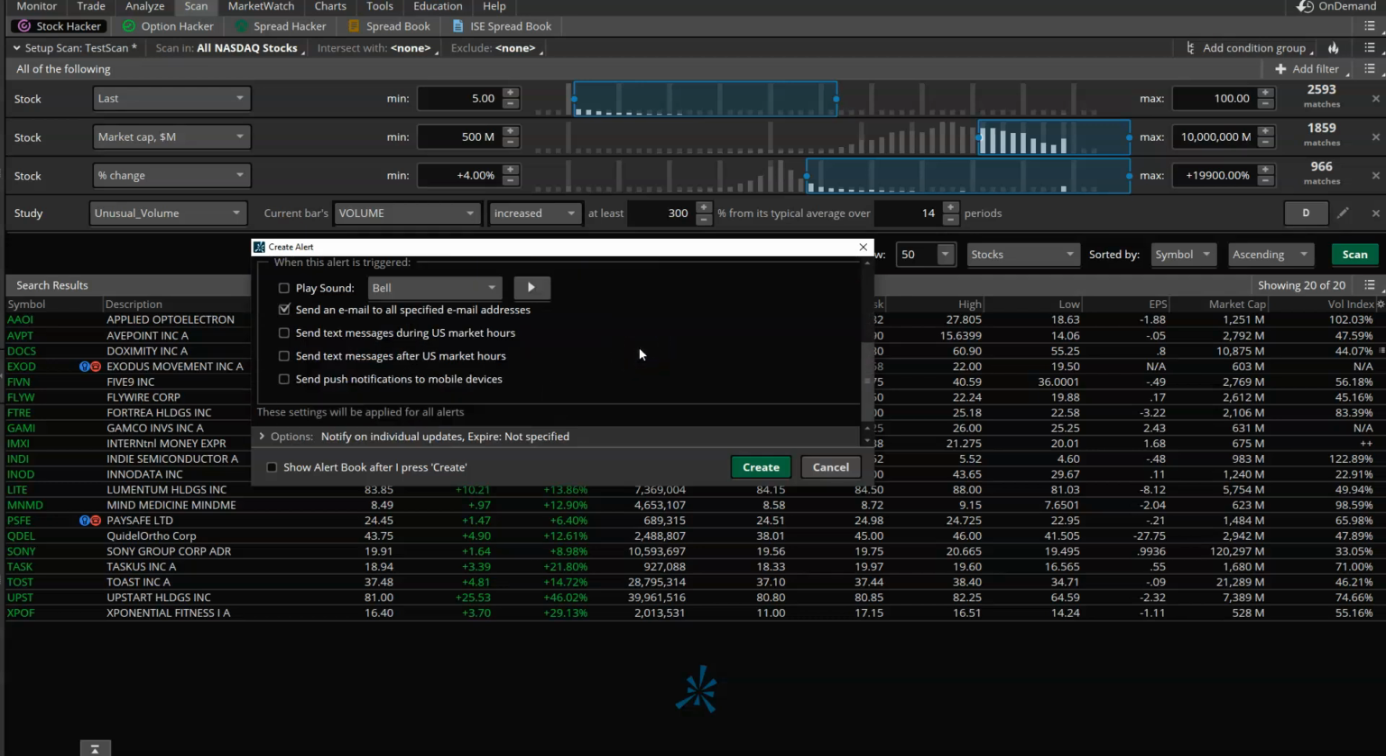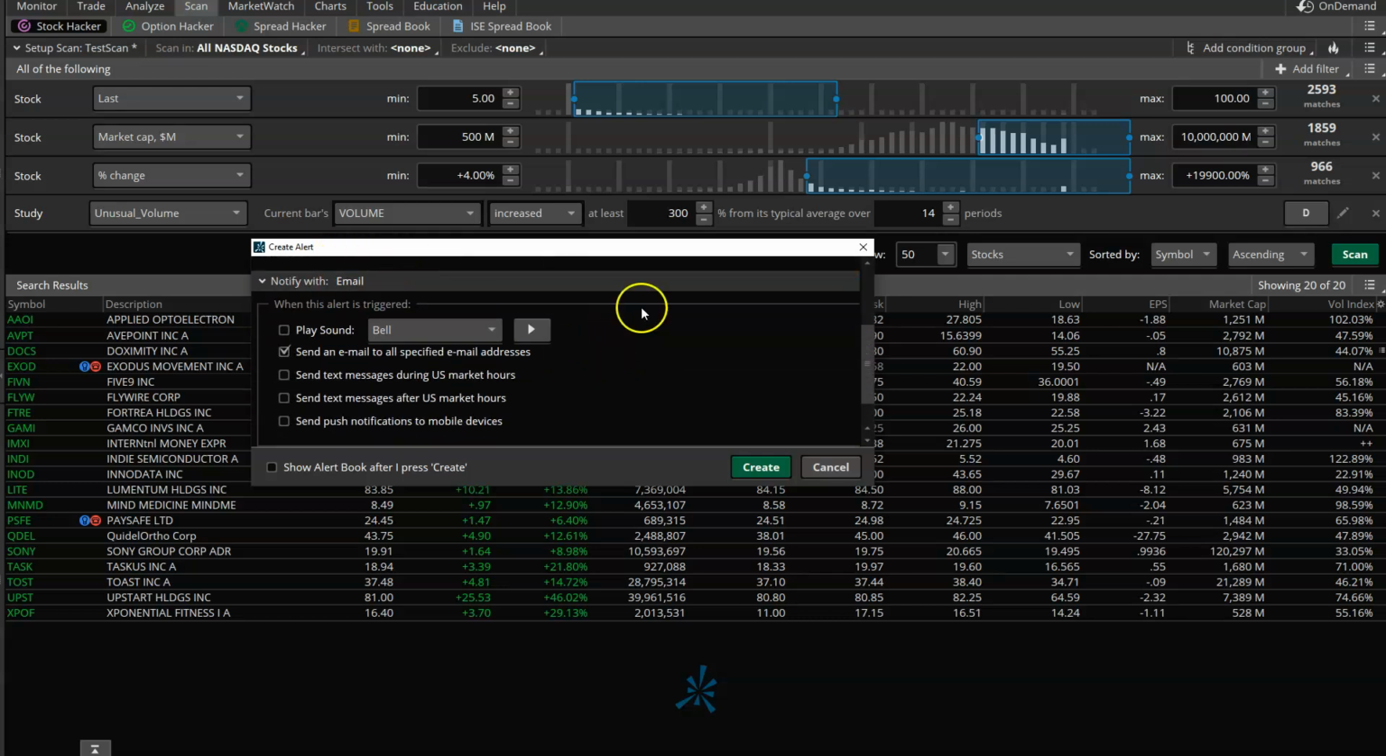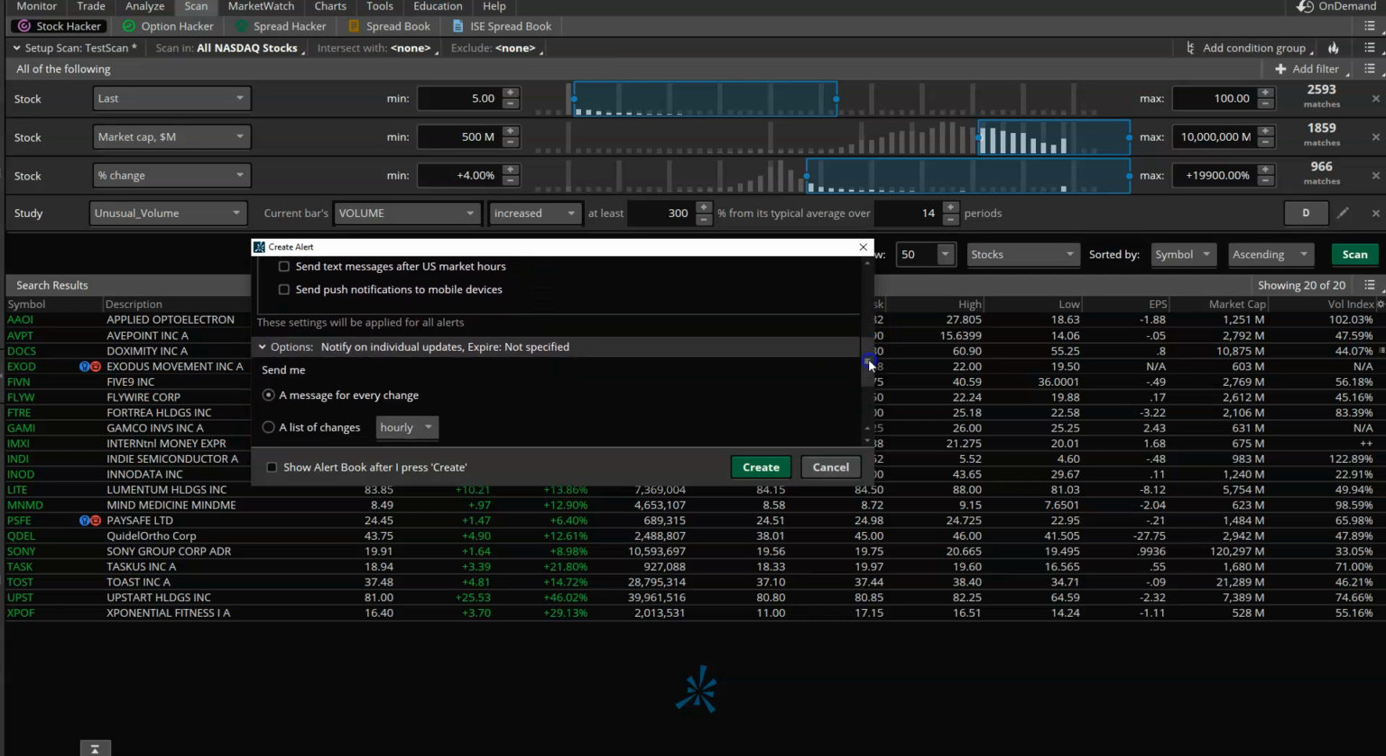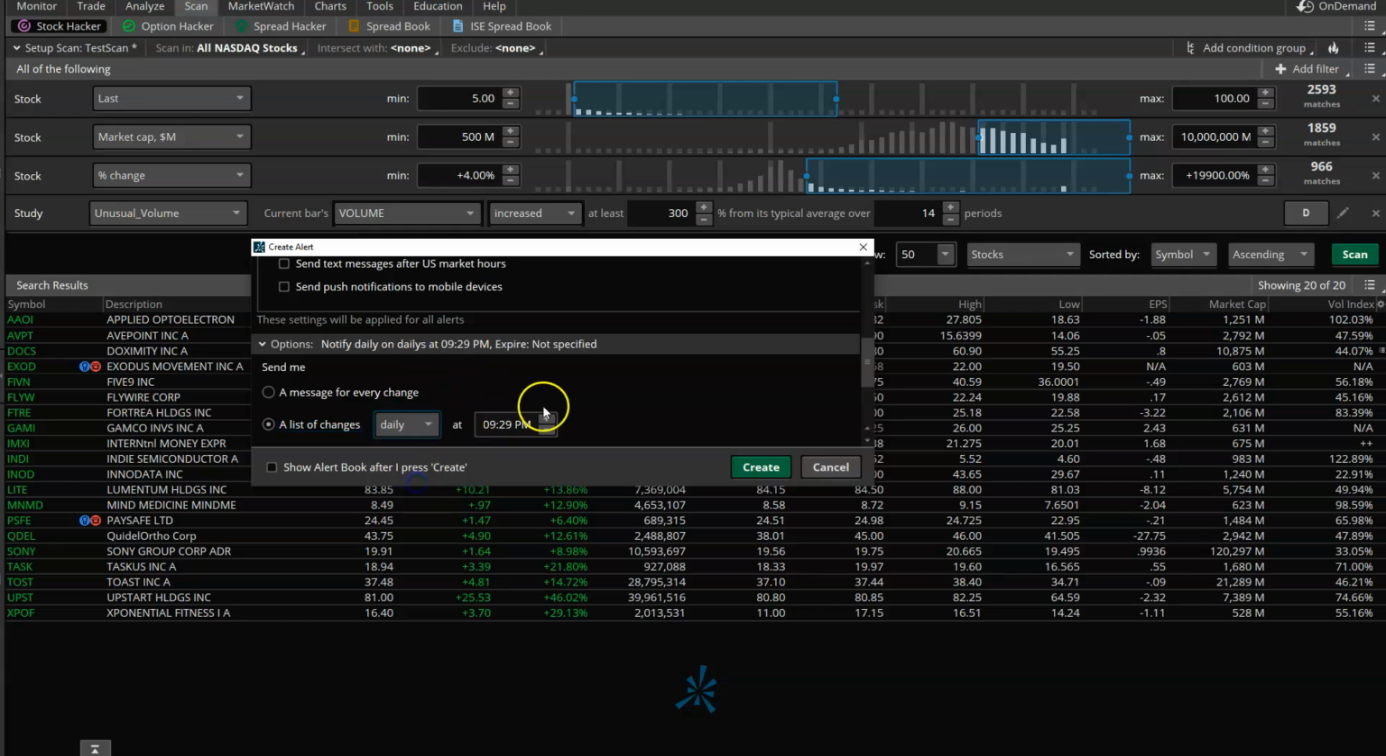and you can add a note here. You'll have to test it out how it shows. And notify on, okay, so there's options: notify on individual updates, a message for every change, a list of changes hourly. So this is very, very important, because you don't want to get bombarded. If there's unusual activity, because let's say, again, this is a daily volume increase we filter for, right? So let's say you want only the list at the end of the day, so make it daily